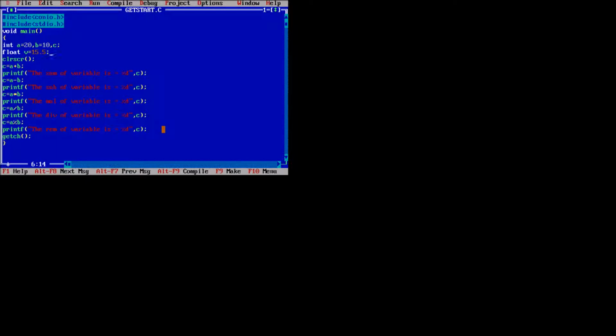Float v equals 15.5. Now check whether the remainder operator can be used with the float value. Here the remainder is not working with the float value. You can check when we compile the program.